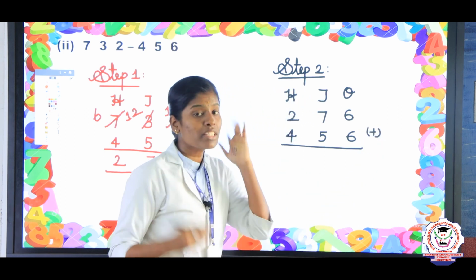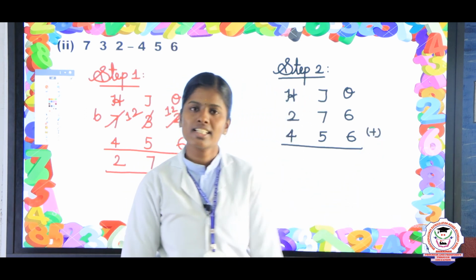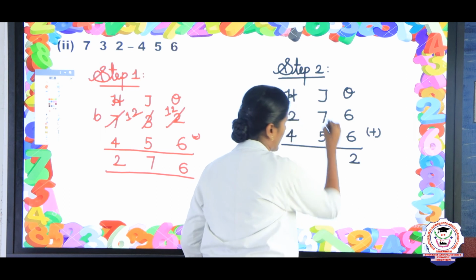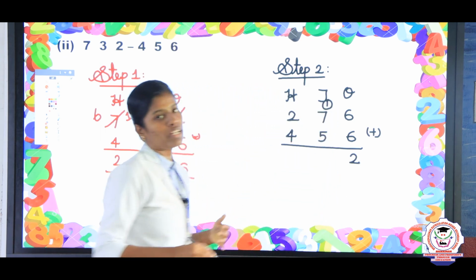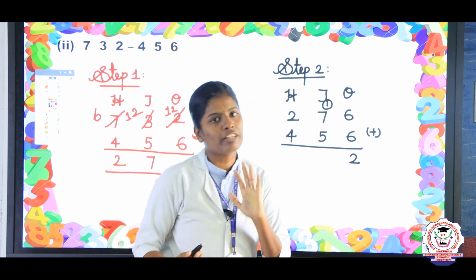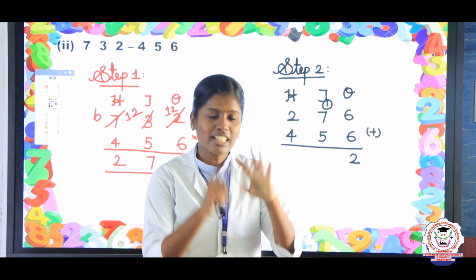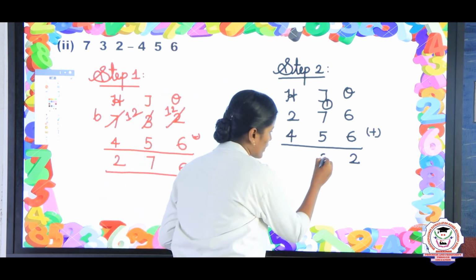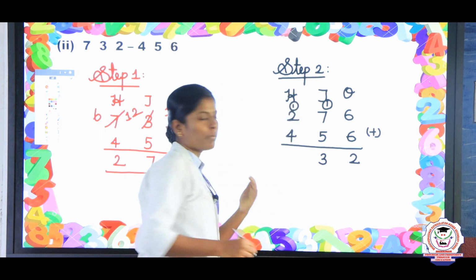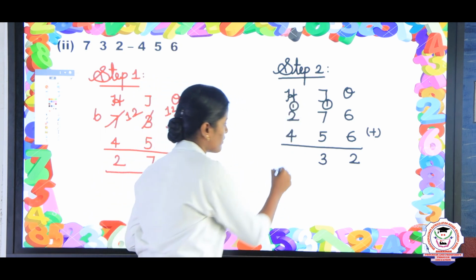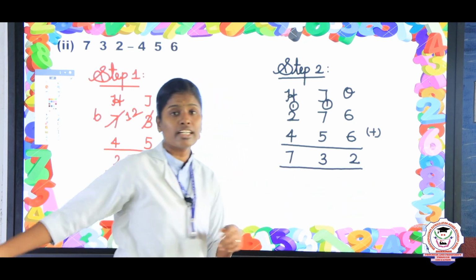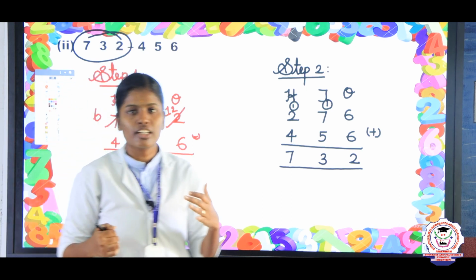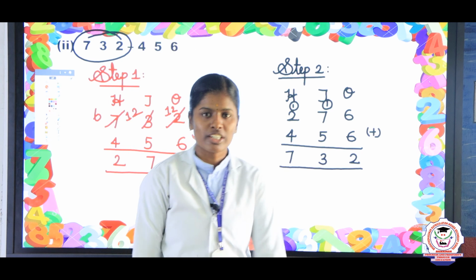Keep 6 in the mind, 6 on the fingers. Now, tell me Anita, what is the answer for 6 plus 6? Very good. The answer is 12. So, 2 carry 1. Again, 7 plus 1 is 8. So, keep 8 in the mind, 5 on the fingers. So, 8, after 9, 10, 11, 12, 13. Here too we got a 2 digit number, 13. So, 3 carry 1. Now, 4 plus 2 is 6 and 6 plus 1 is 7. So, the answer is 732. Listen my children, we got the question's greater number 732. So, the subtraction is correct.